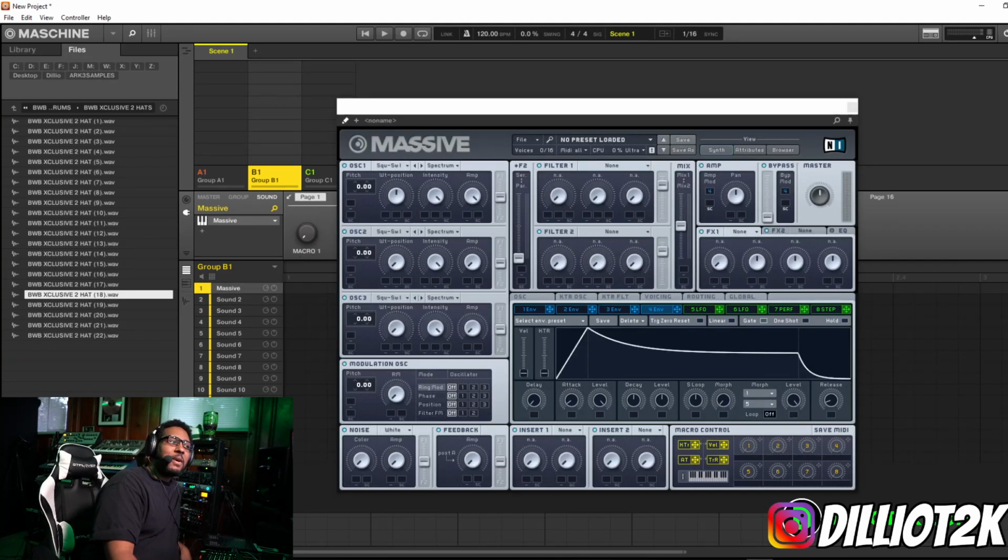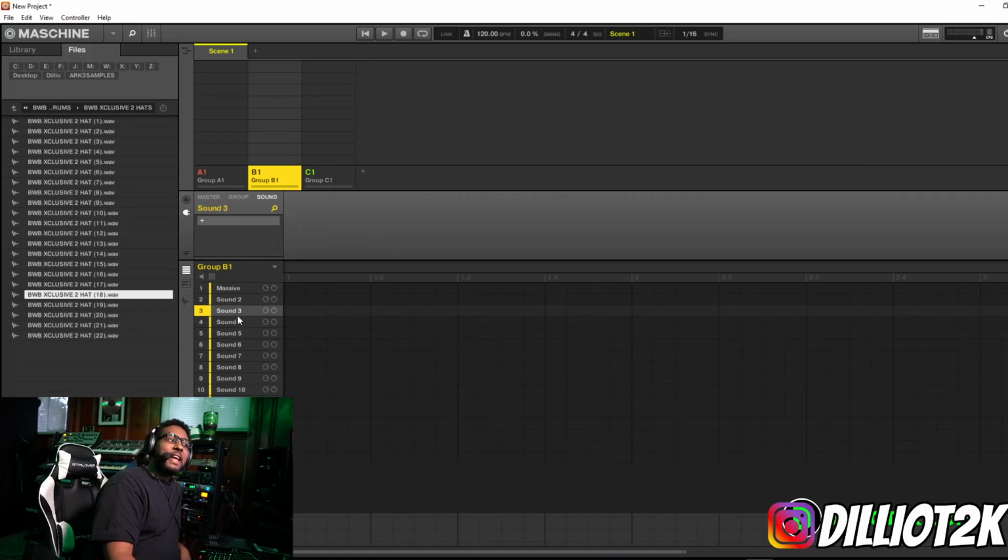Well, if you do all your plugins on one group, now you have to select that group and then select that pad to mute on its own. What I typically do when I worked in Maschine was I had multiple groups open, and I would have a dedicated plugin to each group right there, and I would let my drums sit on group A. And if I needed more drums, I'll open up another group